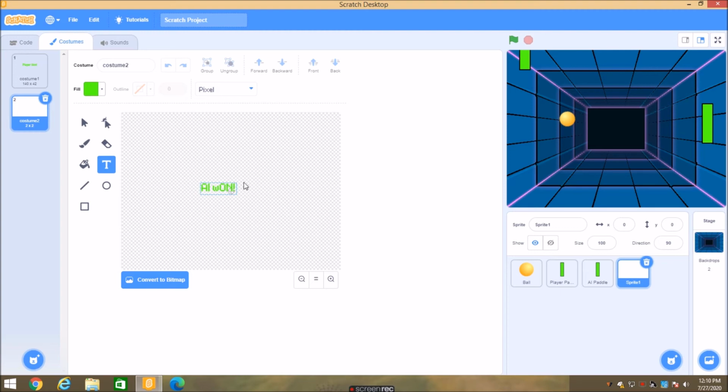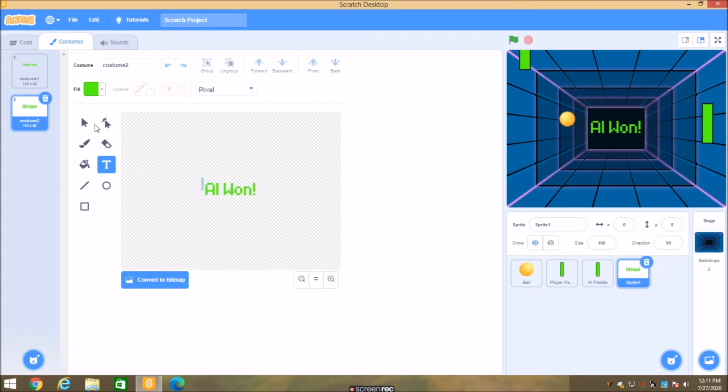Okay, so AI1 over here, in the center of the screen, just make it a bit big. Yes, AI1 and player 1.